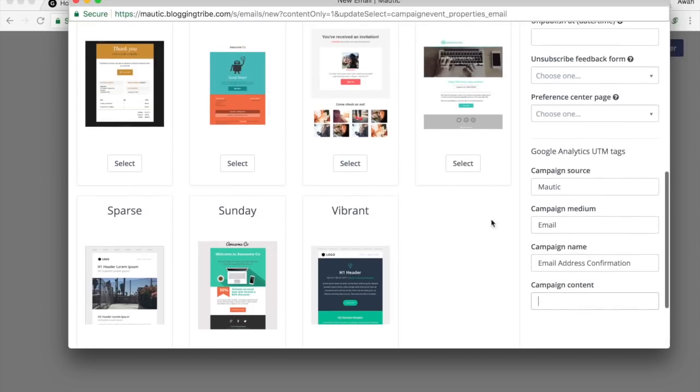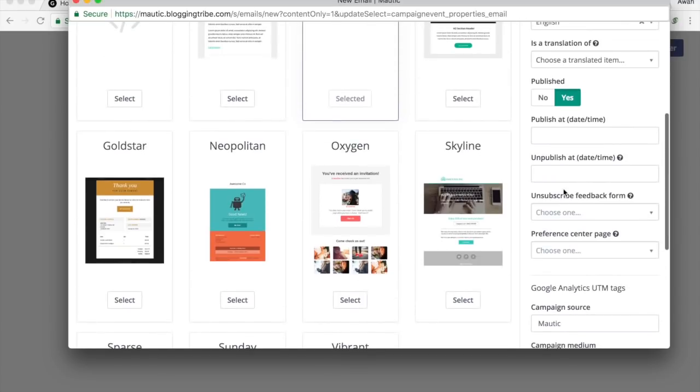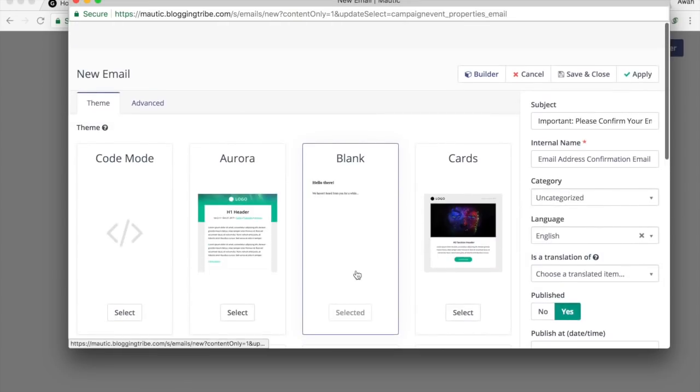confirmation. Basically what this does is it adds parameters to the link you add, whatever link you add, and Google Analytics will track these. So in your Google Analytics, you'll be able to find out what source brought in this traffic, what medium, what was the campaign that brought in how many people, and so on. Okay, so once we have that, we'll go to the builder,